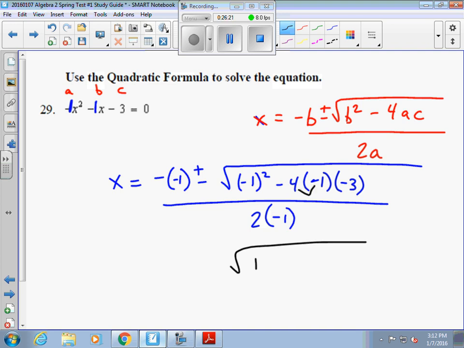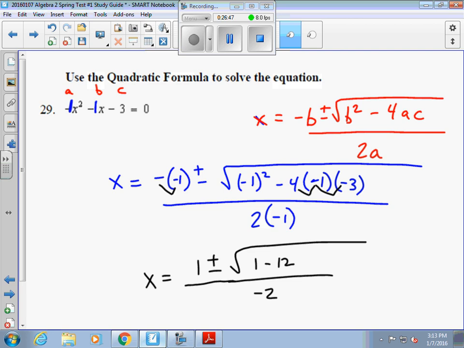Negative 4 times negative 1 is positive 4. And positive 4 times negative 3 is negative 12. All of that is over 2 times negative 1, which is negative 2. Outside of the radical, negative 1 times negative 1 is positive 1. So it's 1 plus or minus